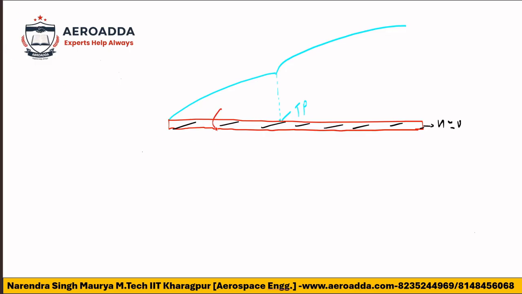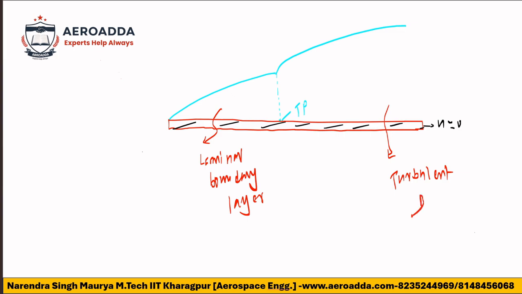So this will be the laminar boundary layer. I have explained to you what is laminar and what is turbulent, and this is the turbulent boundary layer. Always remember it's very special, because a question will be asked to you. So for a plate